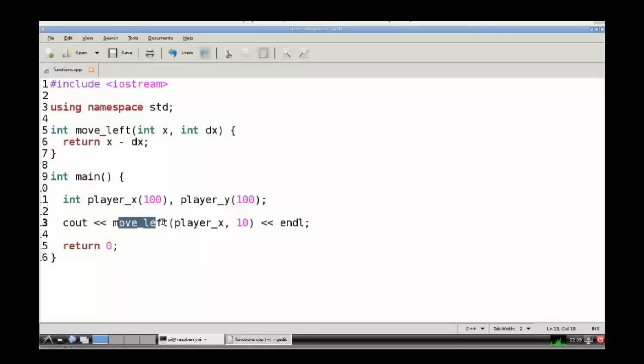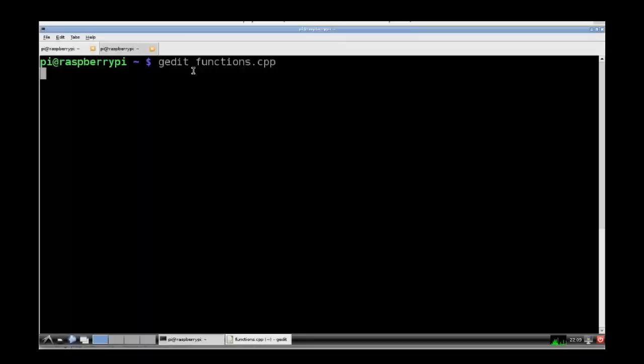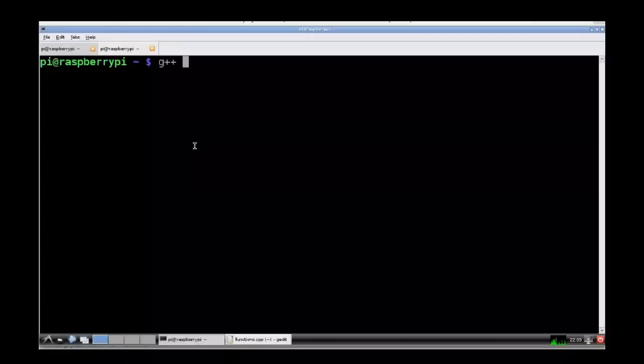Then it calls our own user-defined function move_left, passes some parameters to that, gets back the value, and outputs that to screen. So let's see how this compiles. So usual g++, then -c, please compile this, functions.cpp, because that's what I call the file, and as usual I'm going to specify -std=c++0x, which is the latest version of the C++ standard when this version of GCC on the Raspberry Pi